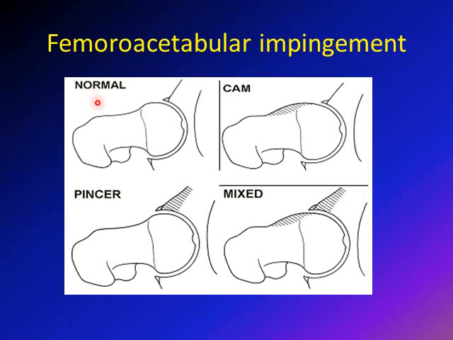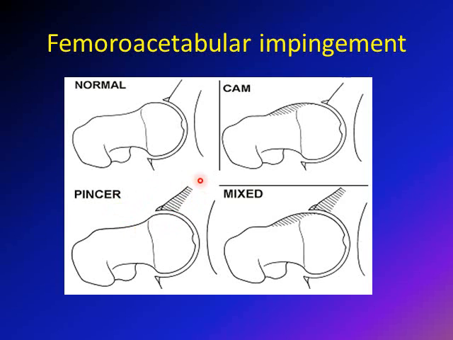femoroacetabular impingement. The first type, which we call cam impingement, means that the normal groove of the femoral neck is obliterated, and you have a bump here, and this bump will start hitting against the anterior edge of the acetabulum with flexion. The other type of